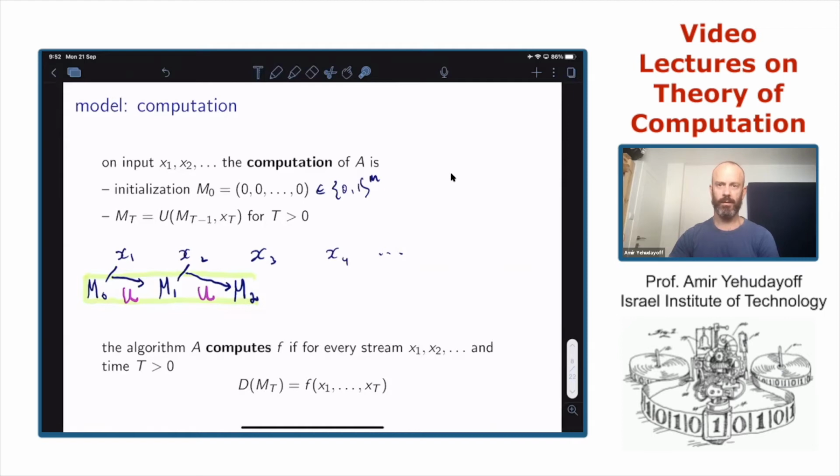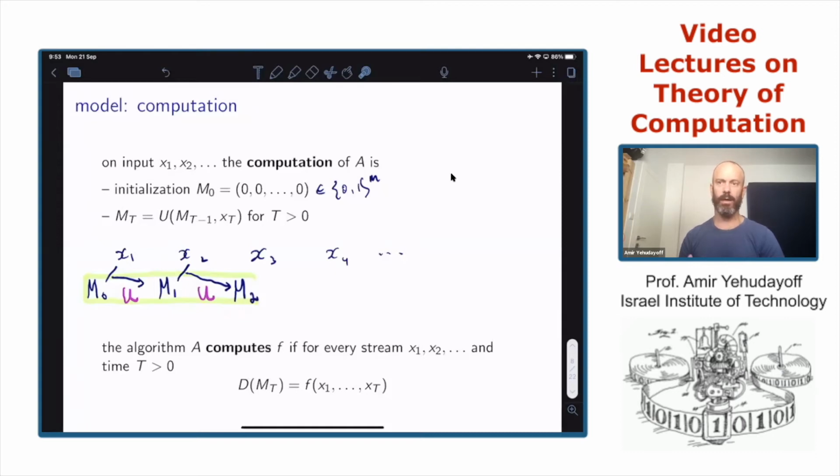So there are many quantifiers here, if you think about it formally, but the quantifiers just represent something natural. So there is a memory that is updated through time, and the algorithm succeeds in computing f if the memory tells us the answer. If the only thing we need to do in order to determine the value of f is to know the state of the memory. So this is the definition of a device computing a function.